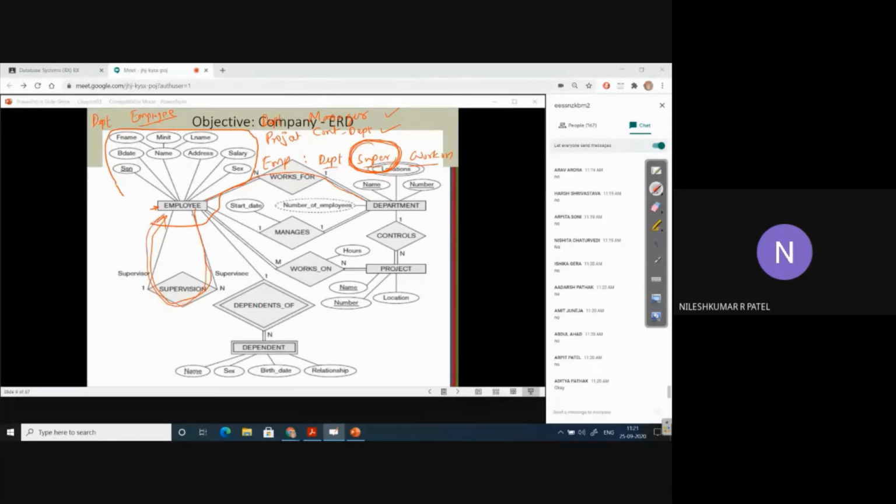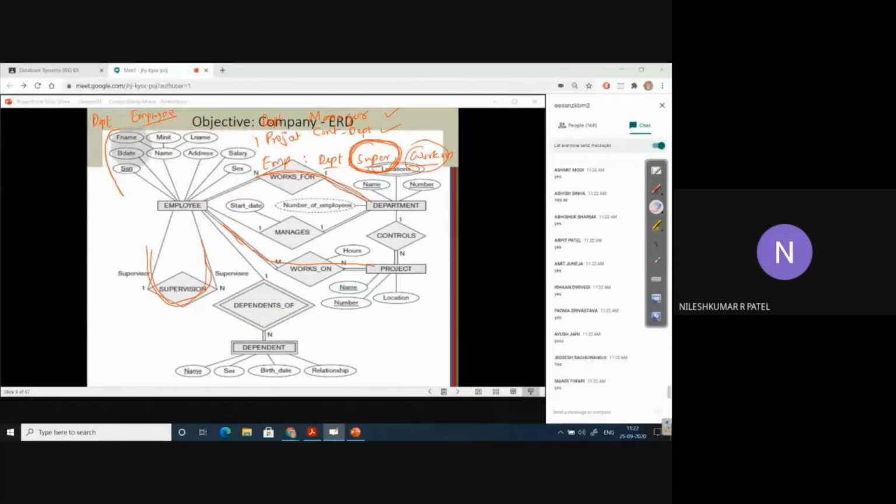by this relationship. For example, employees working for a particular department, so we remove that and we represent it by this. If employees are working on some project, we remove the works on attribute and we represent it by this relationship. Is it clear, all of you, how to remove an attribute and how to represent that relationship? So let me clear this again.